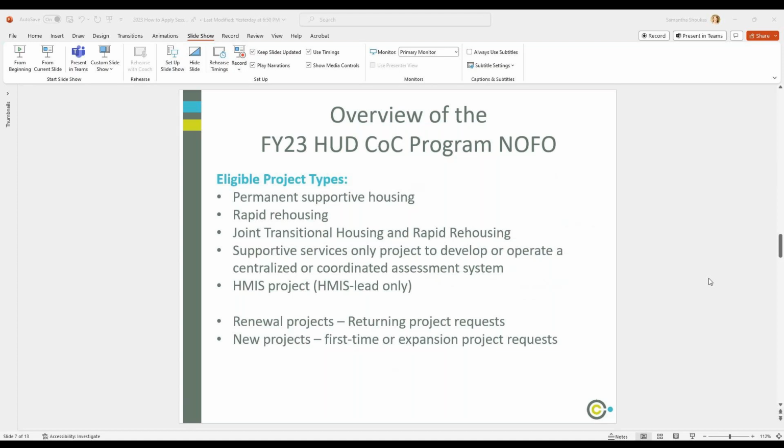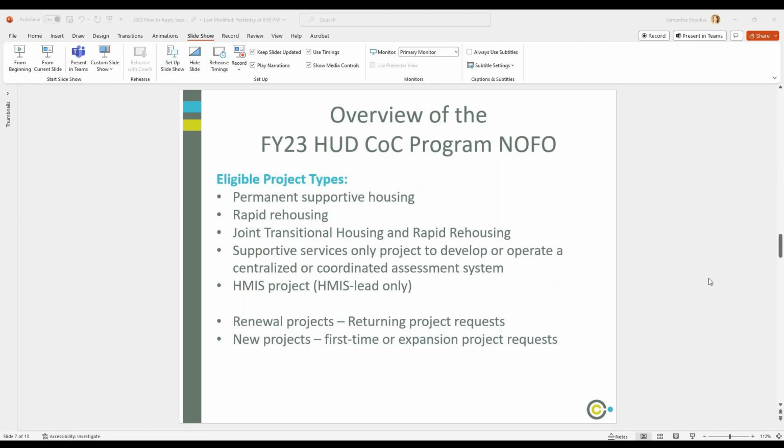Joint transitional housing and rapid rehousing was added to this program, I think, about 3 years ago. A couple of years ago, HUD said transitional housing isn't a good model to use. They have gone back on that and realized that it does work for some populations. In particular, the ones they see most for this funding will be domestic violence, reentry, mental health, and youth.